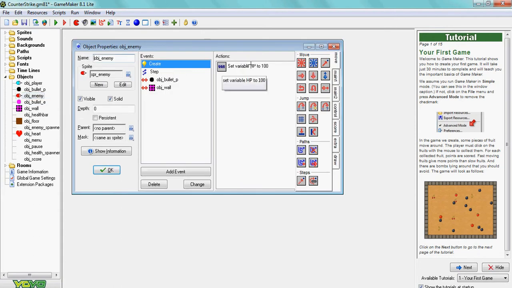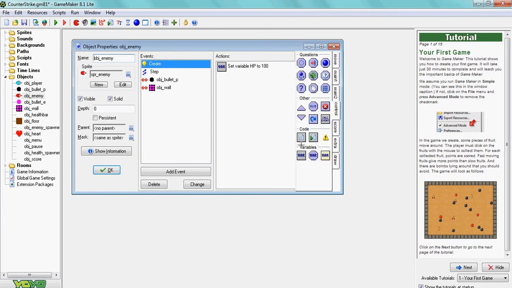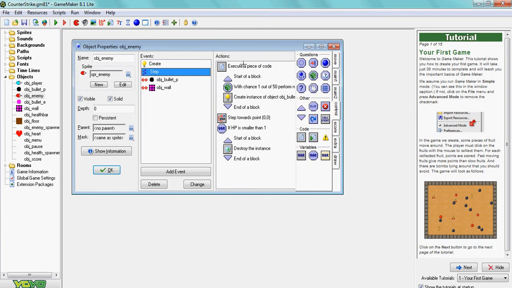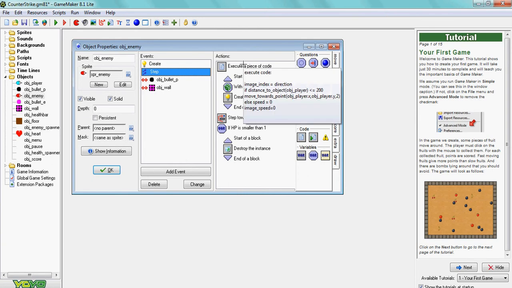Now the enemy. The enemy has health, so if you don't want to have health, just don't do this. You have to do a set variable HP to 100. Make a step event. And I'll paste this in; this is so your enemy will